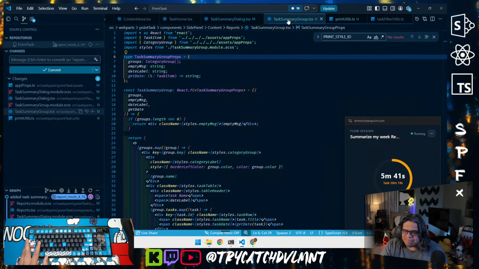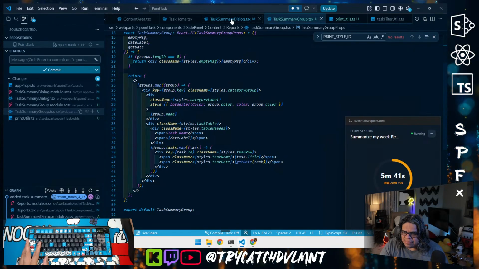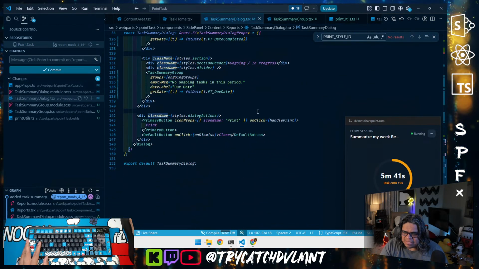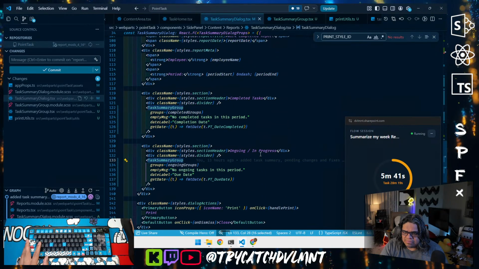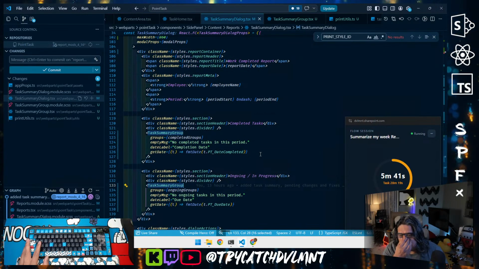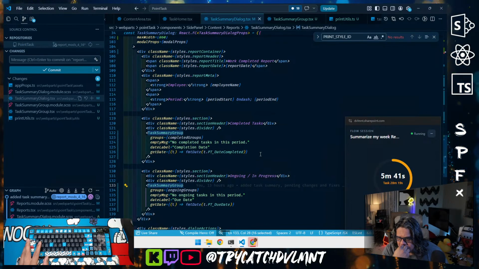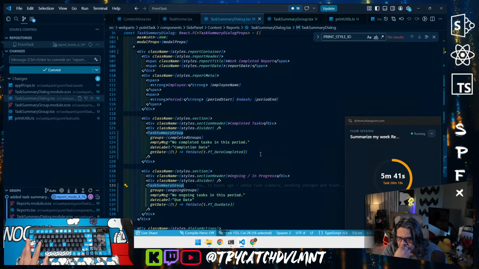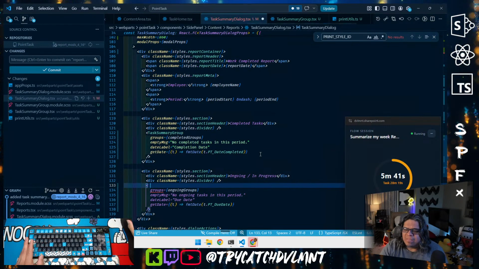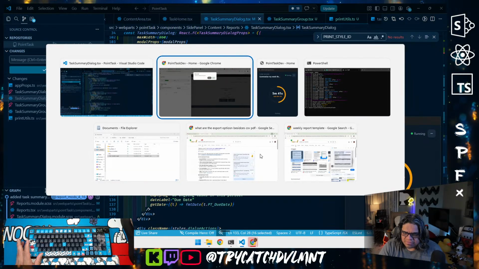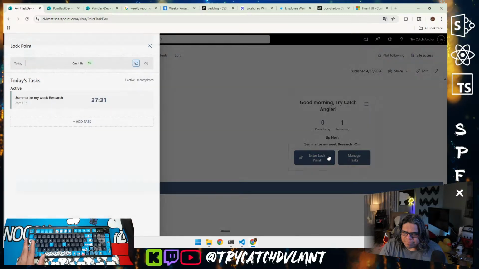All right, so now we have our task summary group, and this is a lot cleaner. And then we have our task summary dialog that will iterate and create the task summary groups. The only thing I notice that is incorrect is that we have